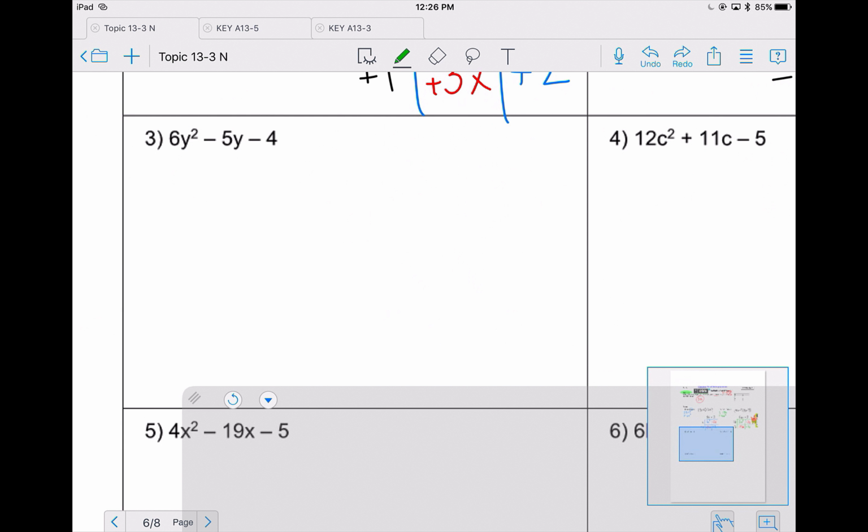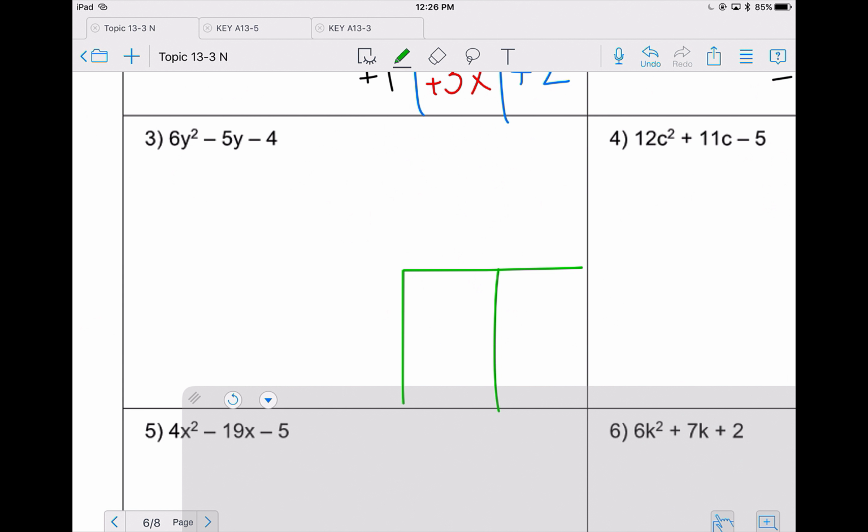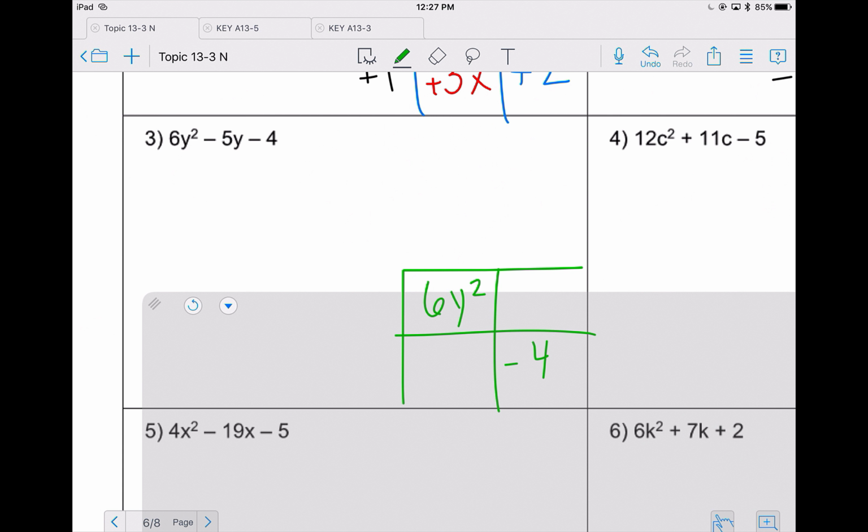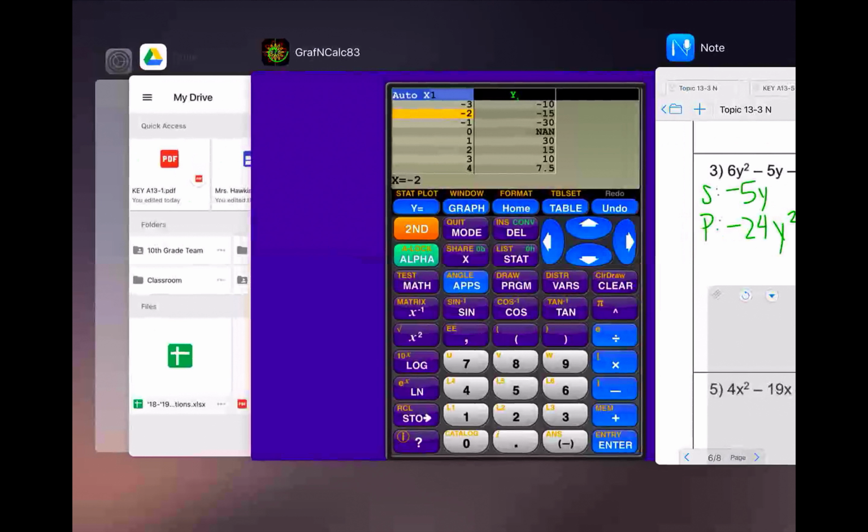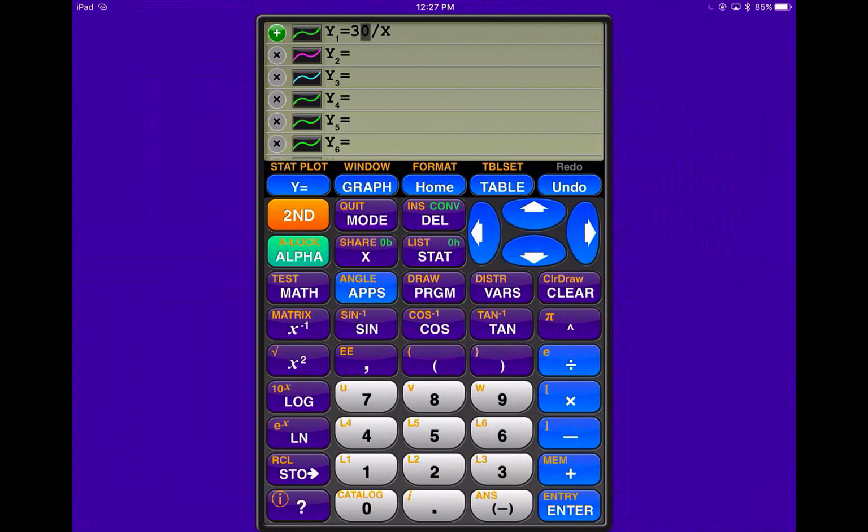Problem 3, we have 6y squared minus 5y minus 4. For that, there are no GCFs because there's nothing you can put into 6 and 5 and 4. You can take a 2 out of 6 and 4, but not out of 5, so we can't take it out. So I have 6y squared and a minus 4 that automatically go in my box. I multiply them for my full product of negative 24y squared. My sum is negative 5y. So I put negative 24 into y equals,